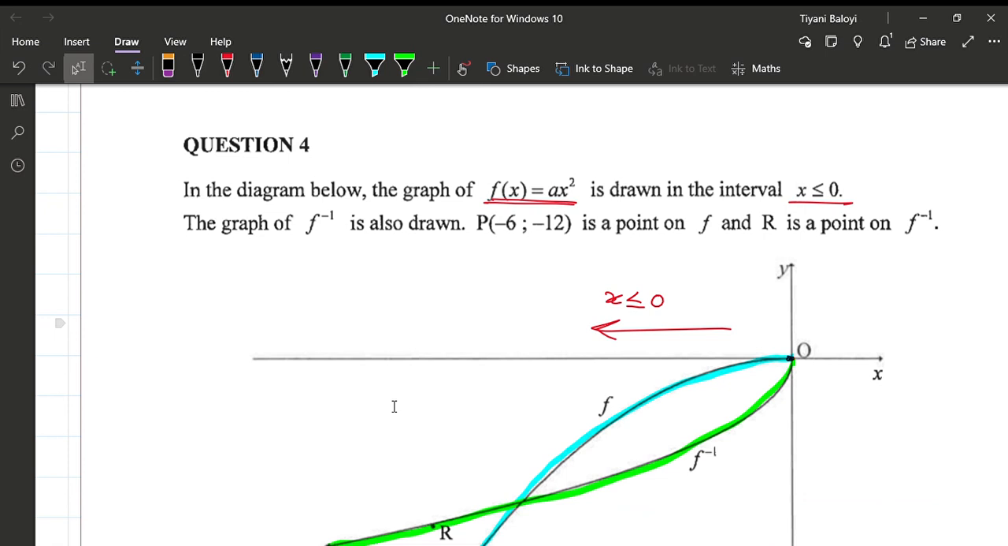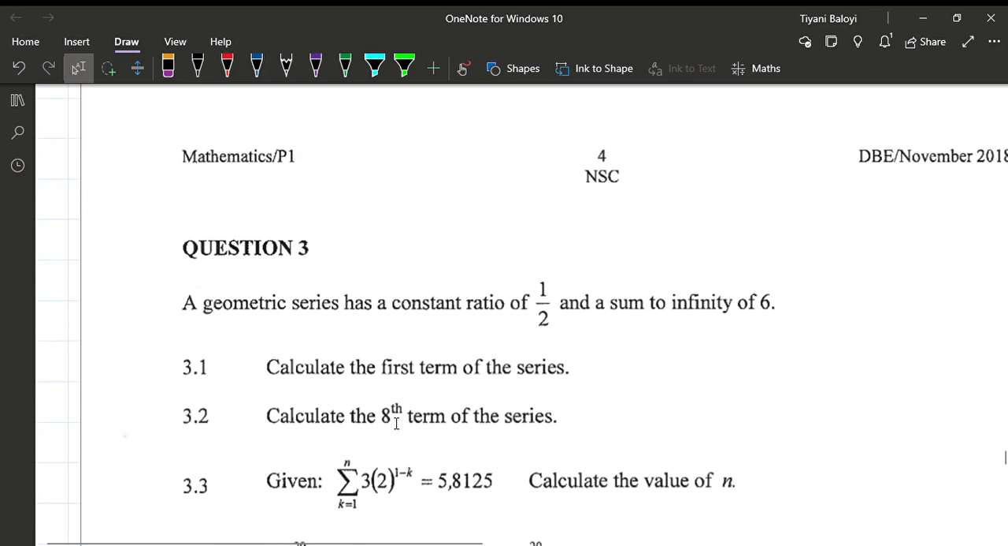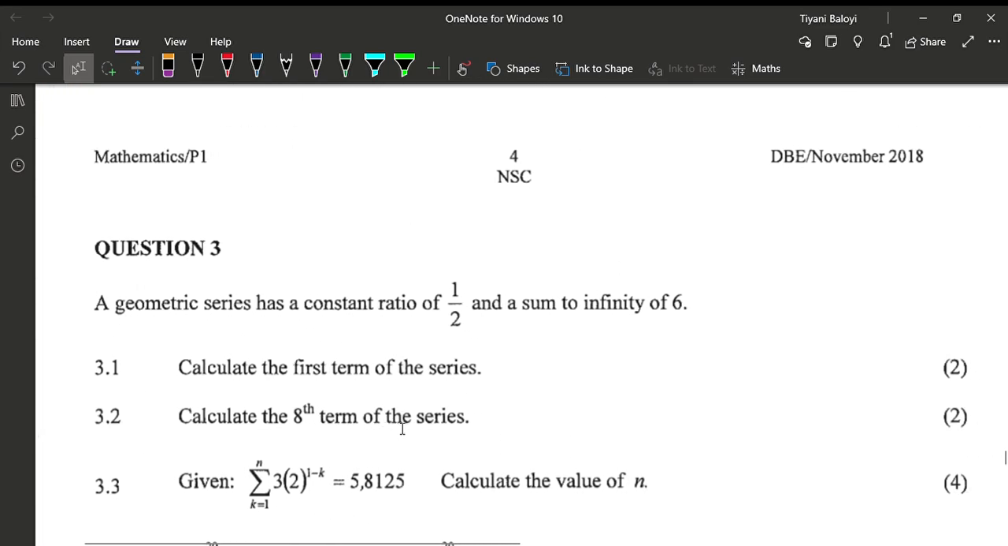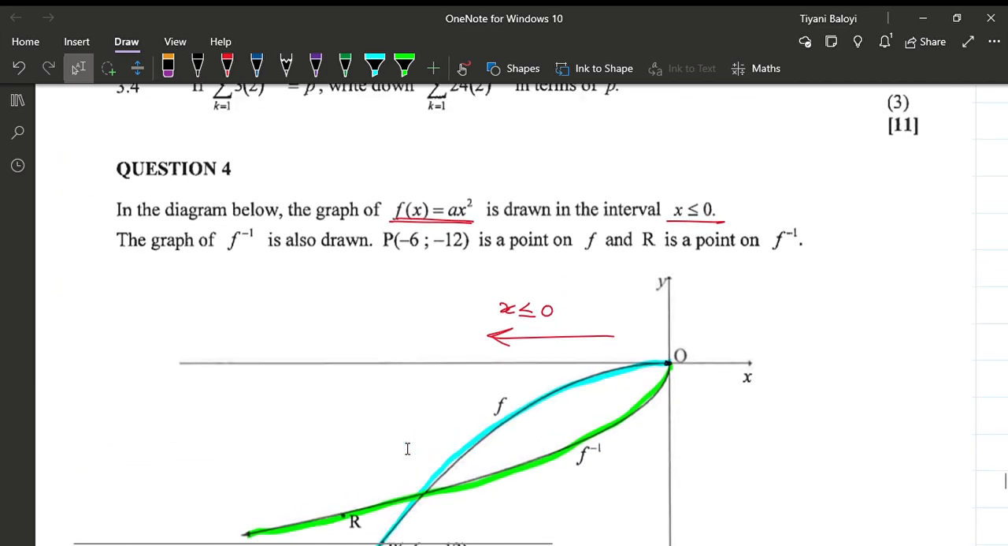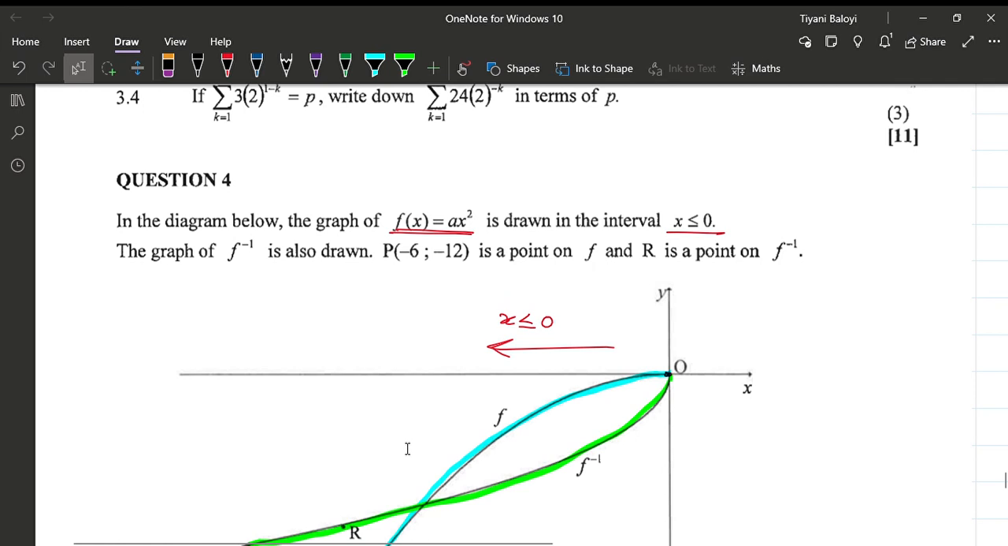We were looking at functions for mathematics paper 1 grade 12. So today we'll be looking at November 2018 question 4, right? So let's get started. Question 4 says that in the diagram below, the graph of f of x is equal to